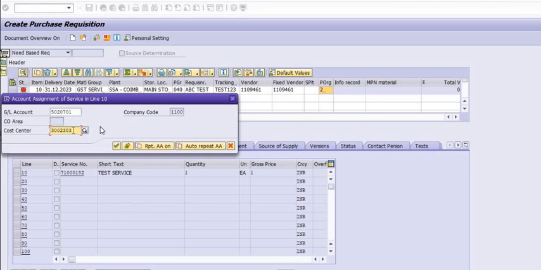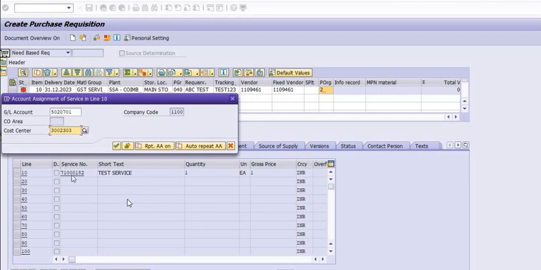A number will not generate. Once sufficient budget is available, then again you save this parked purchase requisition and then the PR number will generate, right? This is very important. Generally people are confused about why my purchase requisition is going to park. Okay,